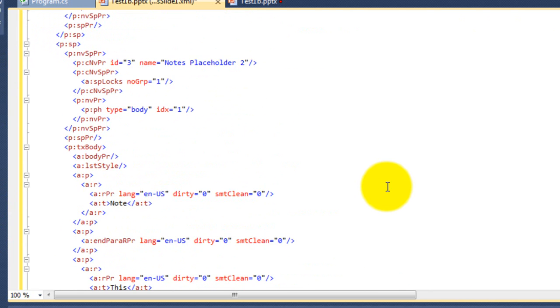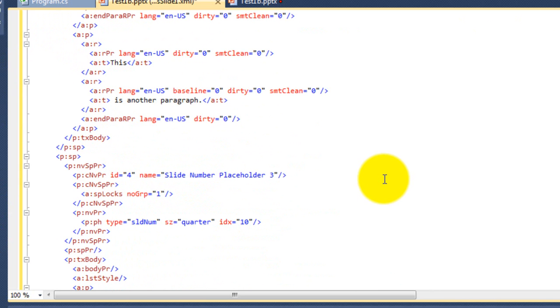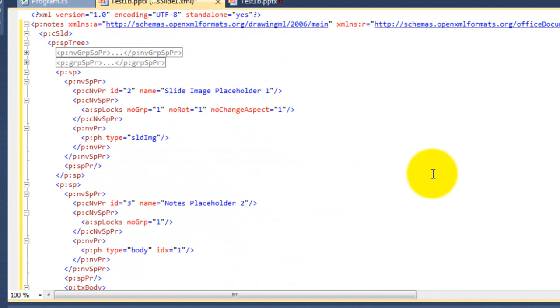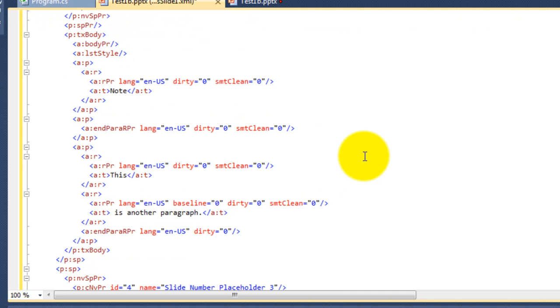1, 2, and 3. The question is, how do we decide which one of these shapes has the text that we need to delete to remove notes from this presentation? Certainly we can look down here and we can see the text. This is another paragraph, and so this is obviously the shape that contains the text that we want to remove